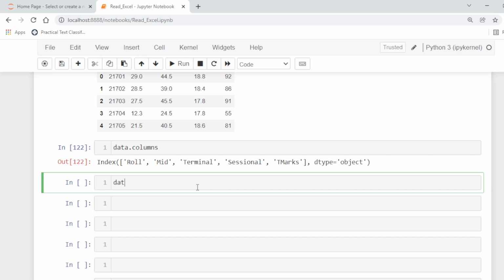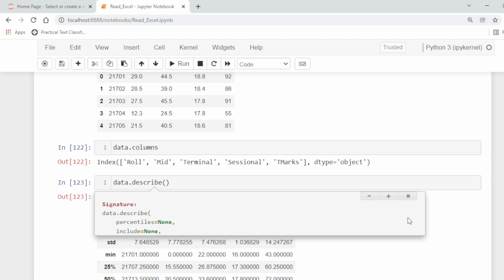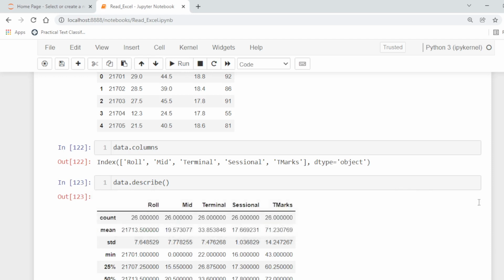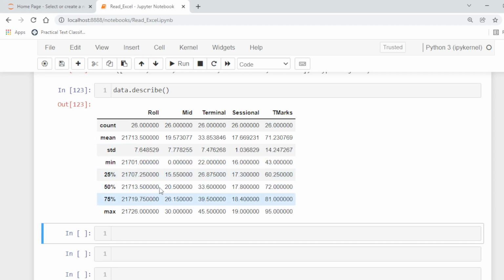For example, we want to apply the describe function to get the descriptive statistics. It will return the mean, median and percentile values. So this is the output. In the same way you can apply all other functions.